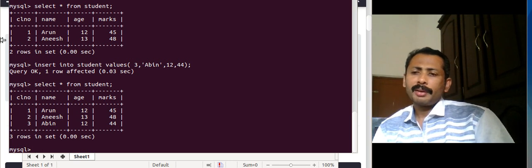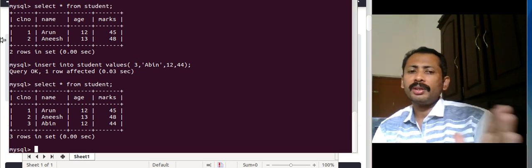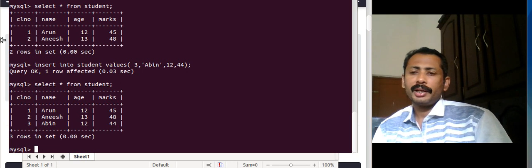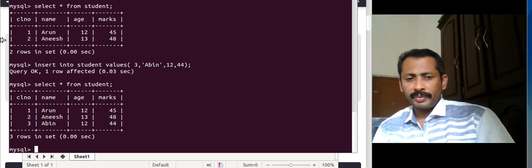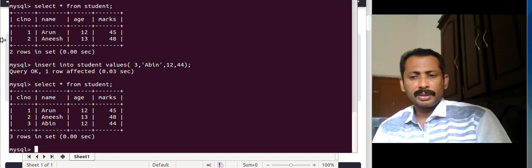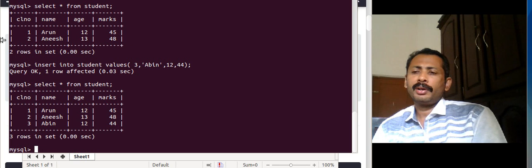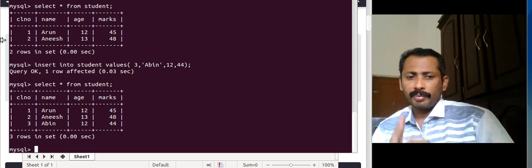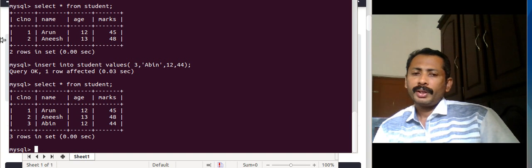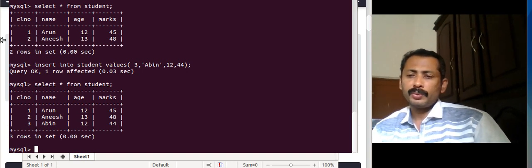This star means show all the fields. Star indicates all the fields: class number, name, age, marks. We need to get all the fields stored in the table. That is star. If I want to view only one column from the table, then I can give the column name, the column I have to view.